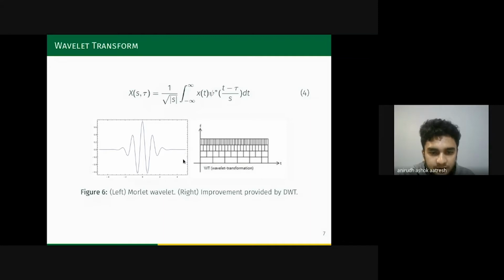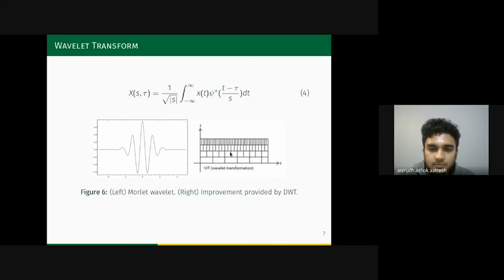The image on the right hand side of figure 6 is a spectrogram which represents this action. The spectrogram is a frequency versus time plot. At lower frequencies, the time resolution is bad, and basically we do not need a very high time resolution. But at higher frequencies, you can see that the time resolution, which these boxes represent, is very good.